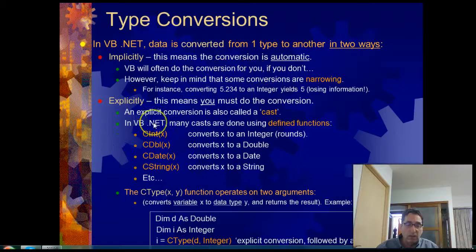So if you don't use something like this, but you try and take a number and use it as a string, or a string and use it as a number, Visual Basic might be able to do it. Of course, if you take a string like happy and you try and convert it to a number, it's not going to work. Okay, however, keep in mind that some conversions are narrowing. For instance, converting this to an integer